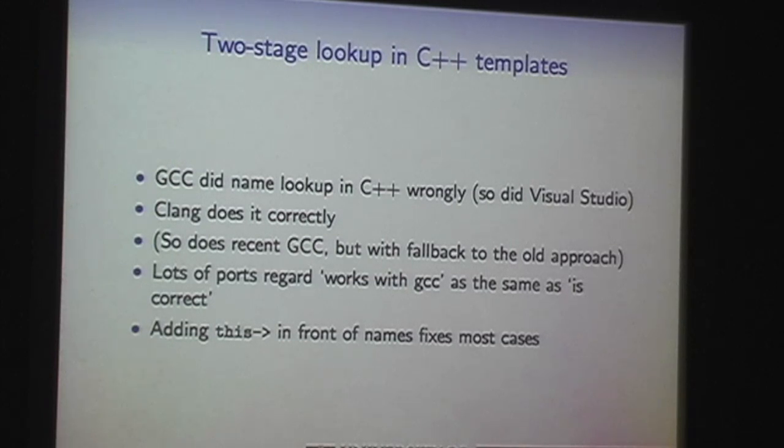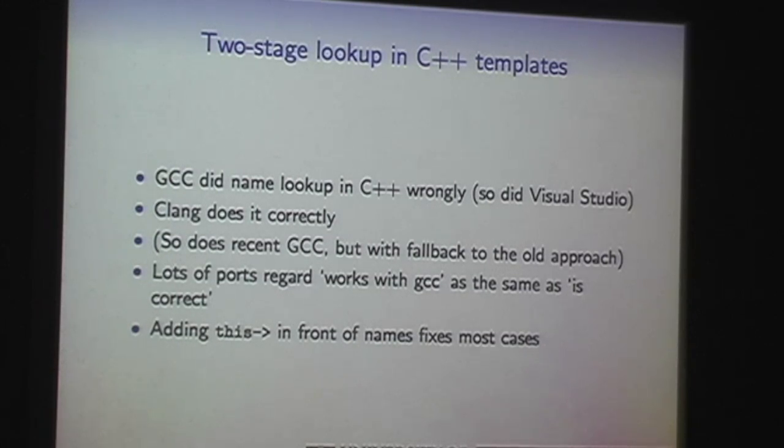That was a problem. In C++03, this was sort of clarified a bit, and various vendors sat down together and said, these are words. What do these words mean? And wrote some more words, and eventually agreed, and now GCC and Visual Studio can both do correct resolution and also have fallback code for their old, incorrect version. Clang only implemented the correct version and didn't have the fallback, although they're now adding Microsoft broken compatibility because it turns out most of the system headers on Windows rely on the broken version.